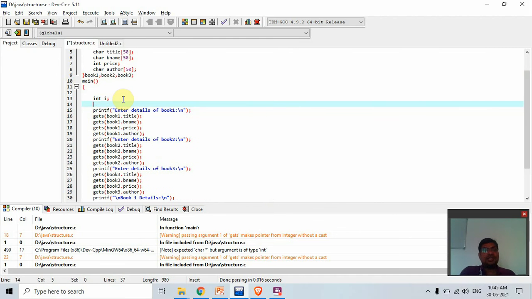You type struct, then you type your structure name, and after that you give the name of the structure variable. So now the structure variable is created. Now we use it directly here.